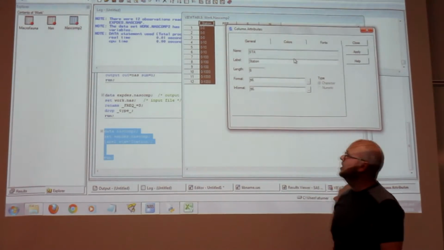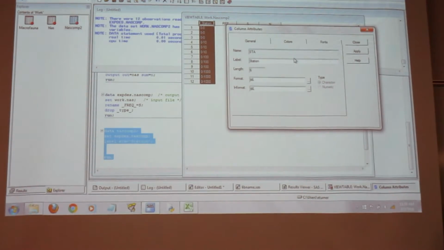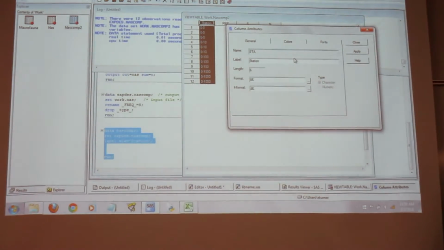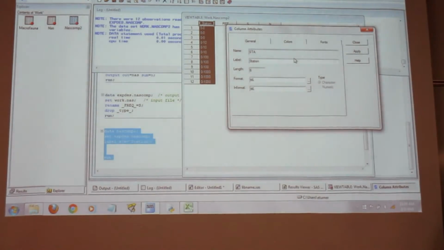So, most times when I do stuff, I will work with just the normal names without any labels, until I get to the point where I'm actually going to produce a graph. Then I produce the graph, and then just label stuff and make the labels pretty. So that's kind of the end process.